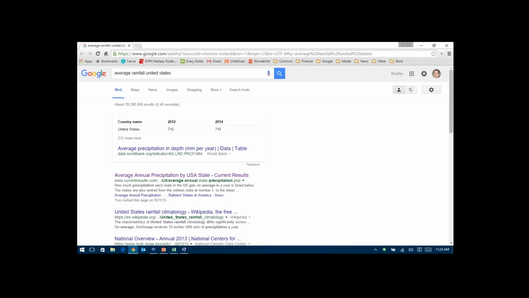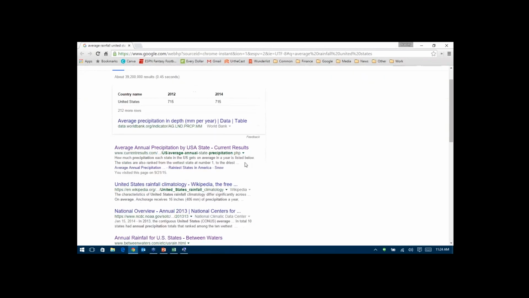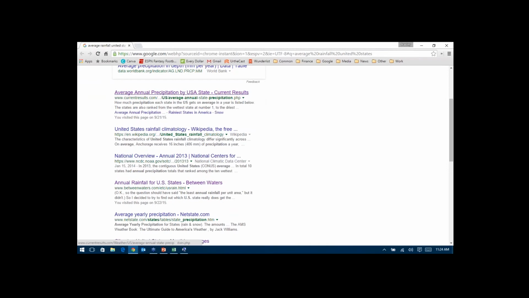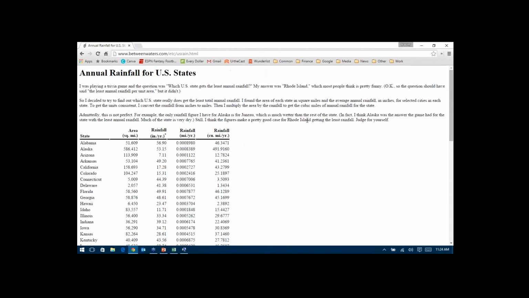So what we're going to do first of all is Google average rainfall in the United States. And I already know down here, this is the one I want. These pretty much have essentially the same data on them, but I'm going to pull this one down here, the annual rainfall for the United States. If we come here, you'll notice I don't have a text file or a CSV or anything like that on the screen. What I ultimately have is just a normal web page that you would see anywhere else.